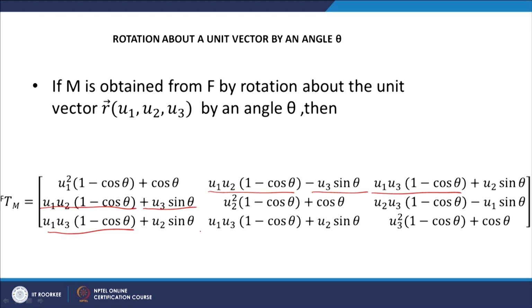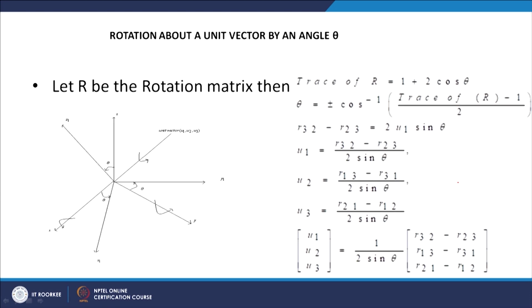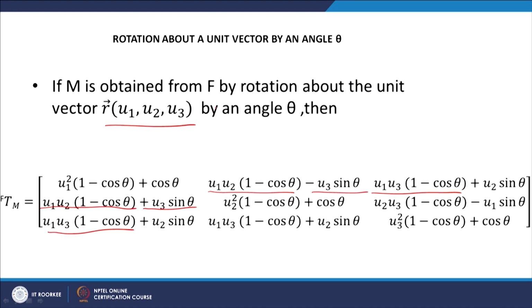So a general rotation matrix is given. Now if we substitute the x-axis in the place of the unit vector, we will get the fundamental rotation about the x-axis. Similarly 0 1 0 will give the fundamental rotation about the y-axis, similarly for the z-axis. So now we will see this structure is useful in identifying the amount of rotation and about which axis a rotation is performed.